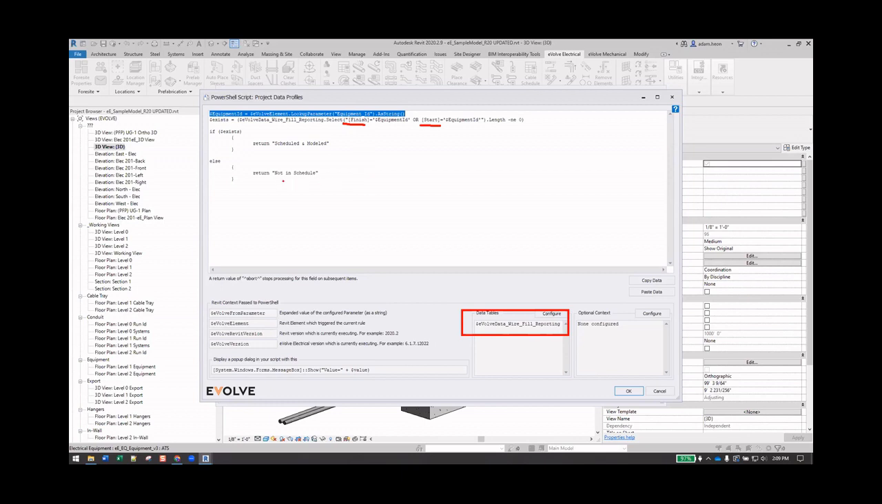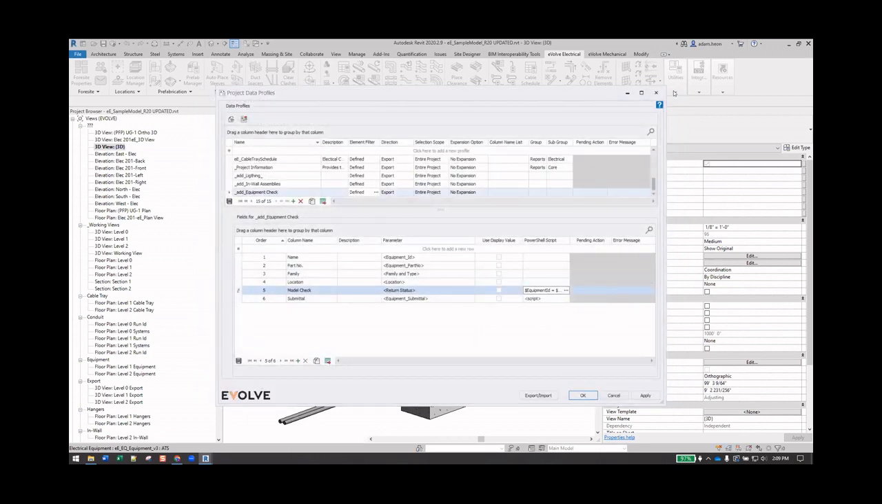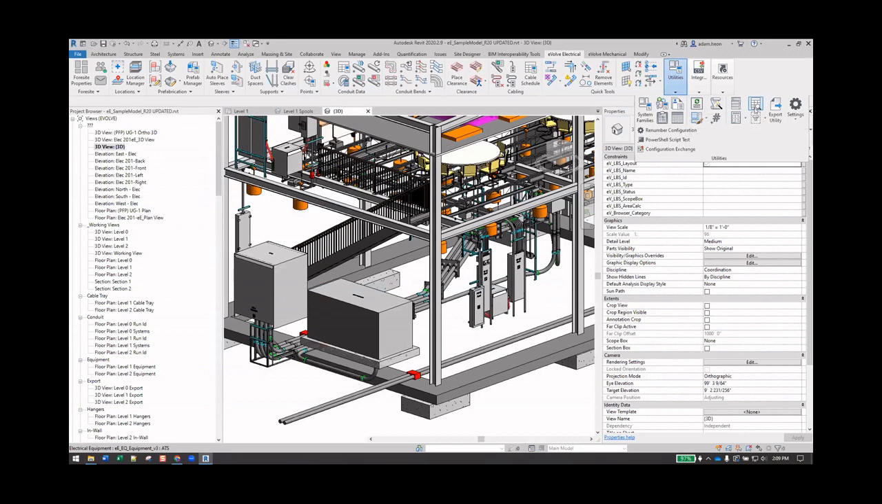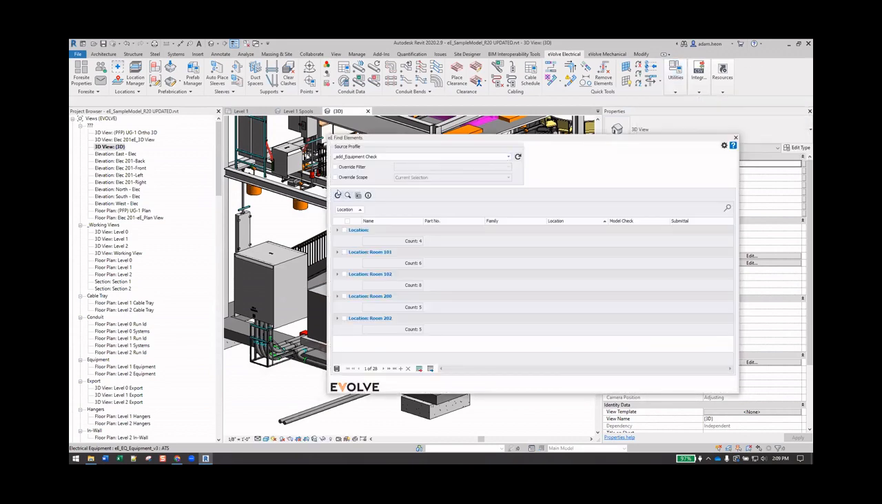If I have a piece of equipment that's not in that schedule, then I'm going to know that it's just an unknown piece of equipment. So it might be the schedule's missing something. So what this looks like is if I open up this find elements feature, and let me refresh this,